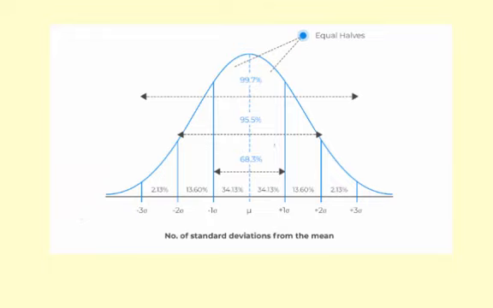And so basically the idea is that if you have a huge data set, then it should fall under a normal distribution. And what that means is you should have what's called a bell curve. Maybe you've heard of that before. So right in the middle here, the peak, this is the mean of the data. And then if it's an absolutely perfect normal distribution, each one of these marks is one standard deviation away from